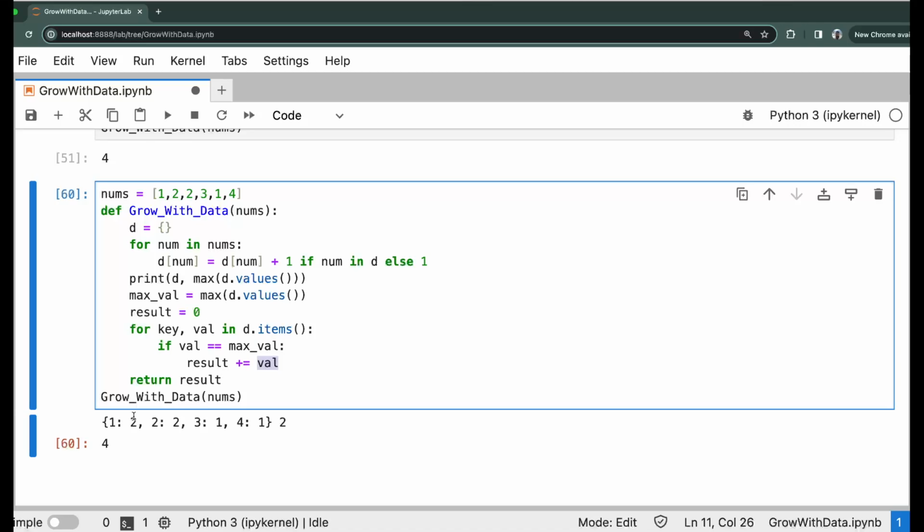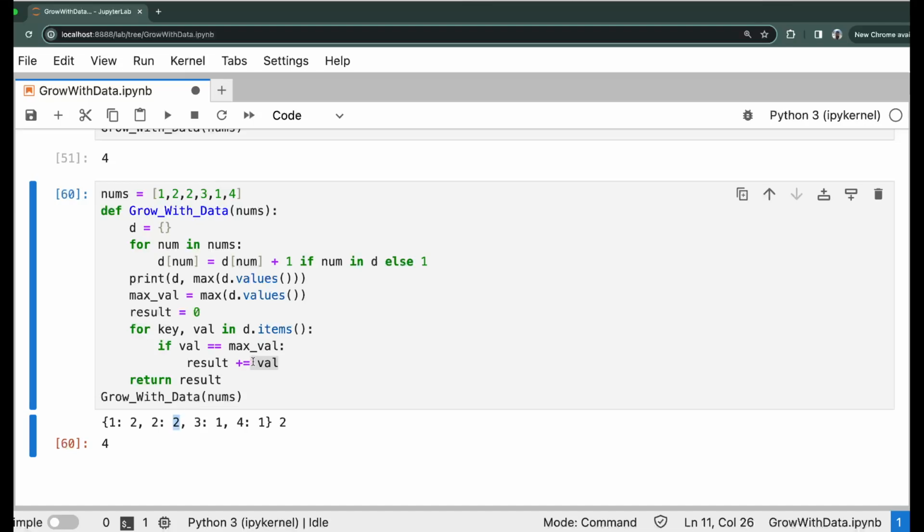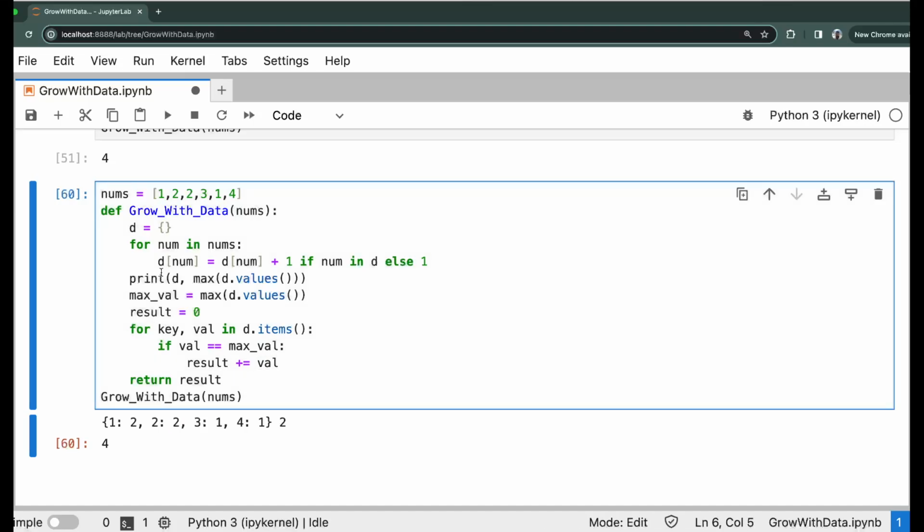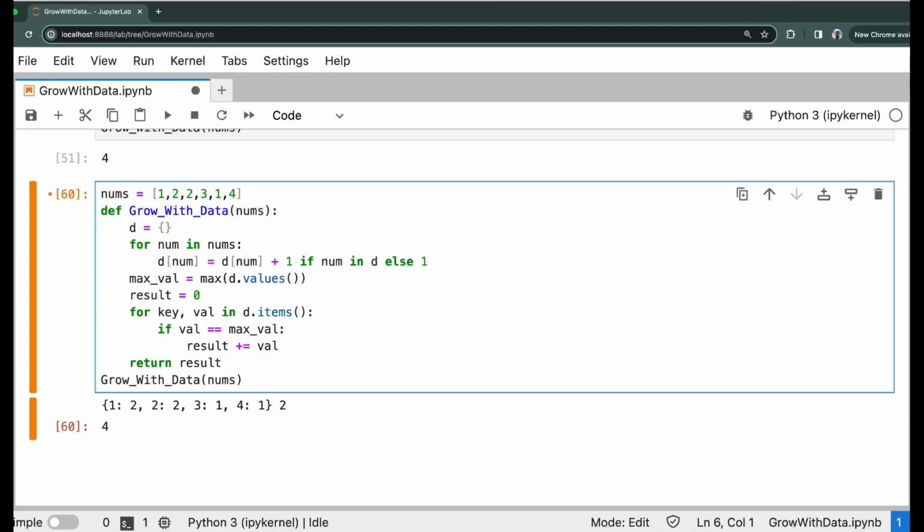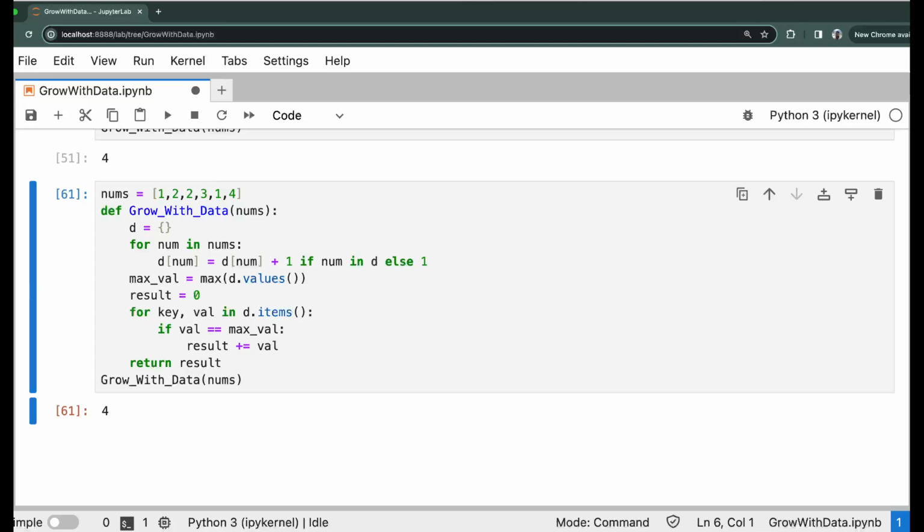So 1 occurs twice, so we have to do 2. 2 occurs twice, so you have to do 2. So when you do the increment, instead of incrementing one time, we just say how many times the element occurs, right? So result equal to result plus 1. So if you have any issues with the flow, we just do a print statement and you can see how the program works, right? So we got